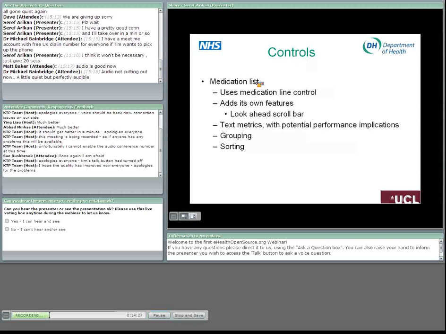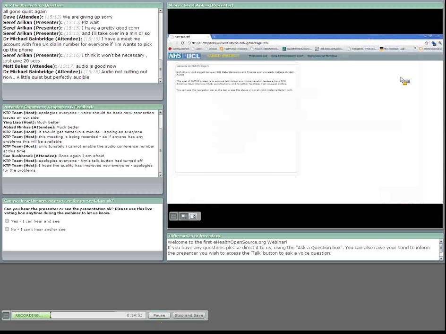Medication list is a list type of component which includes medication line in a cell, and it adds its own challenging features, its own useful features, which I will now try to demonstrate. Okay, if it all goes okay, then you should be able to see the screen now. If it's not easy to read in a second,